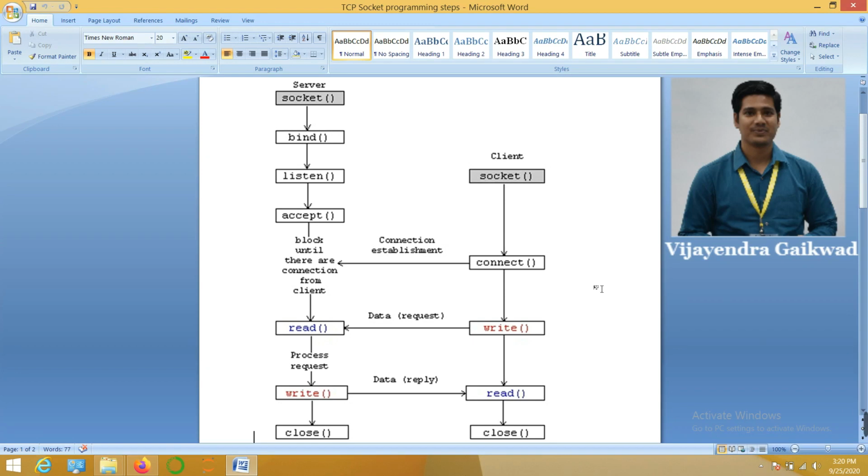This application will be useful in order to create a simple chatting platform, a platform to transfer a file from one end to the other end, and so on.